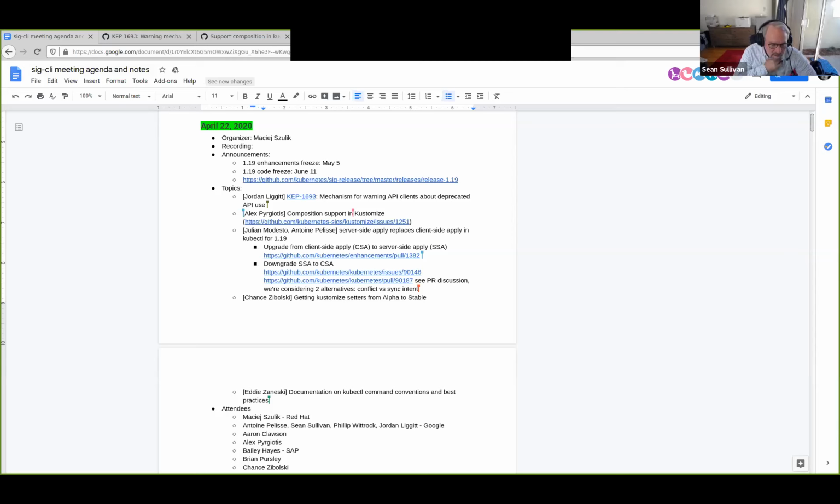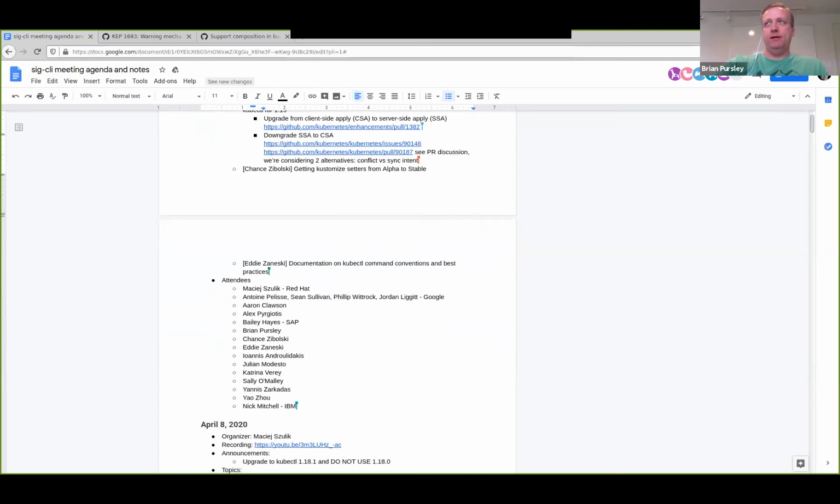Yeah, that was my quick question, Jordan, was could we use this to warn about version skew between the client and server? Does this seem like a useful mechanism for that? The warning, if that could be detected reliably, yes. My only question about that is, is the server side responsible for knowing anything about whether the client is compatible with it, or is that client side's job to determine that skew?